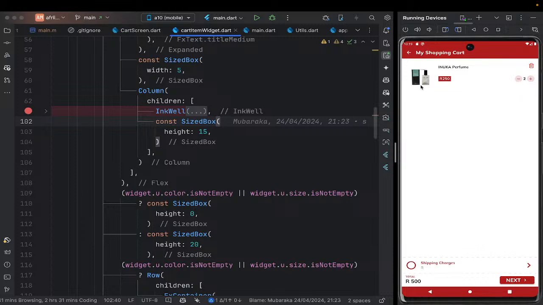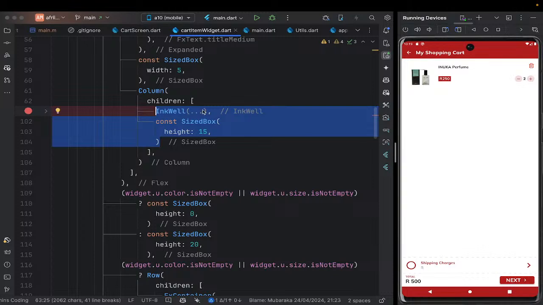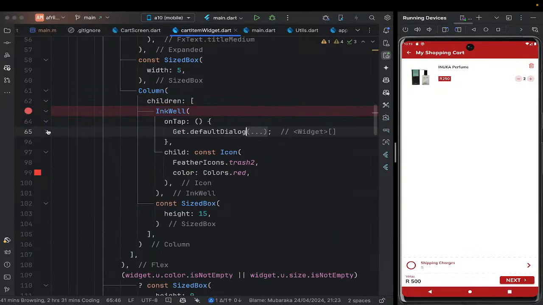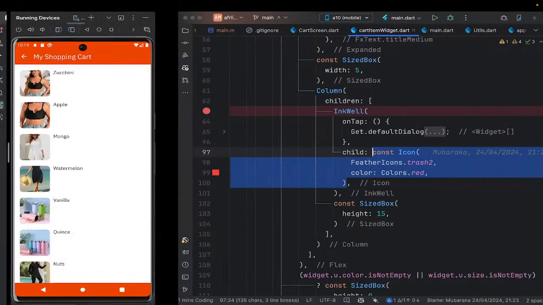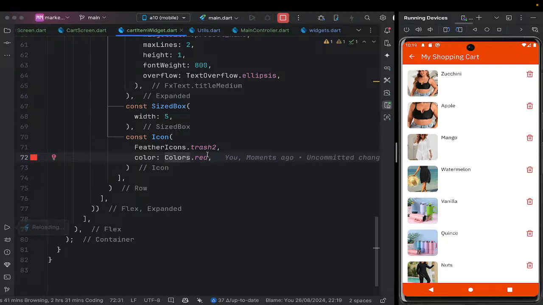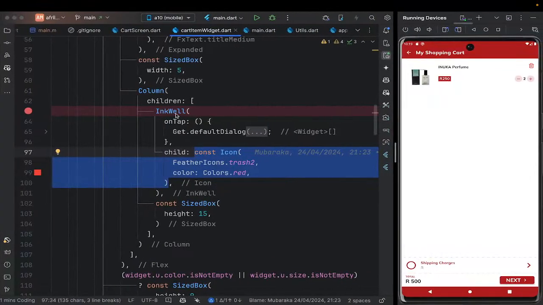Then the bottom controllers will also be on their own. So I don't think we need a column. Okay, we need a column because we want to separate it, to have some height separated from the bottom thing. So let's put there our icon. Let me put the icon of deletion like this, and then color red. So we put an icon of deleting in red, and then we surround it with